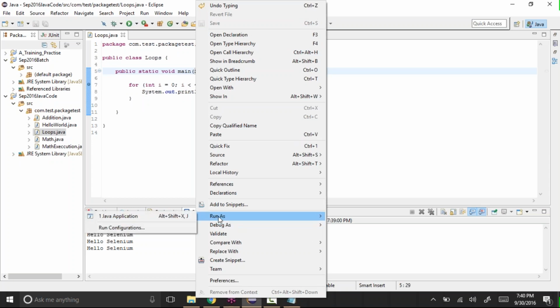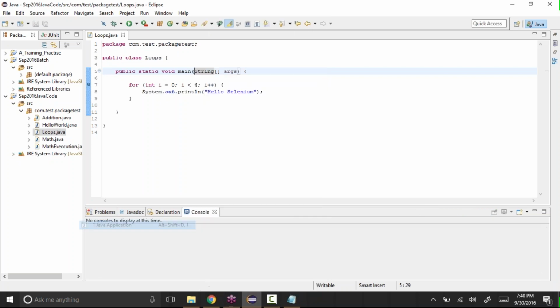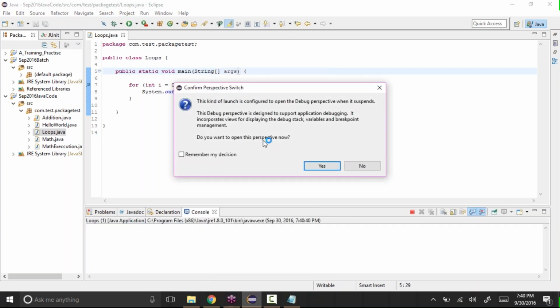If you do run as Java application, it will just execute from line number 1 to the end. So instead, we need to do debug as Java application. Click on this and it will ask you to switch to the debug mode.